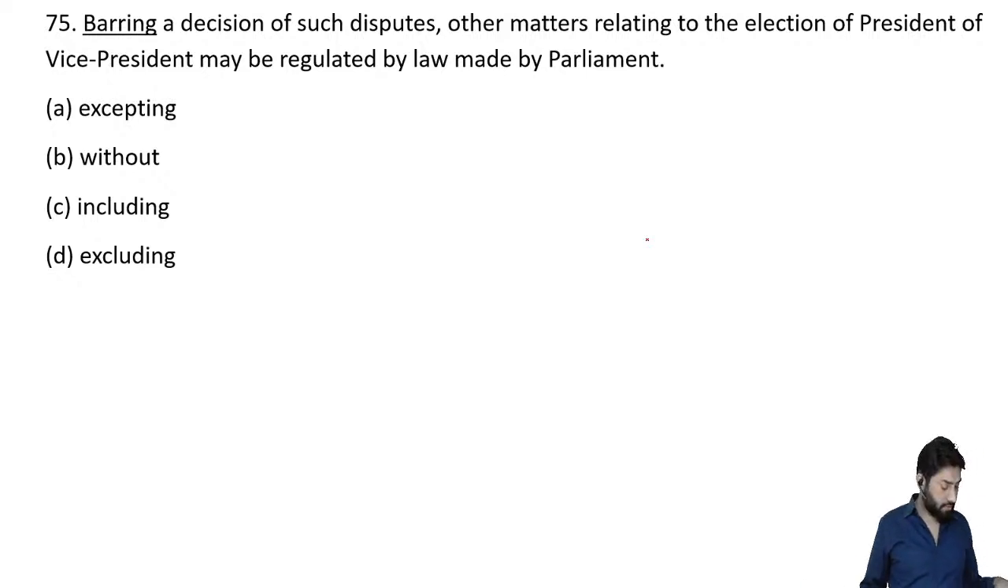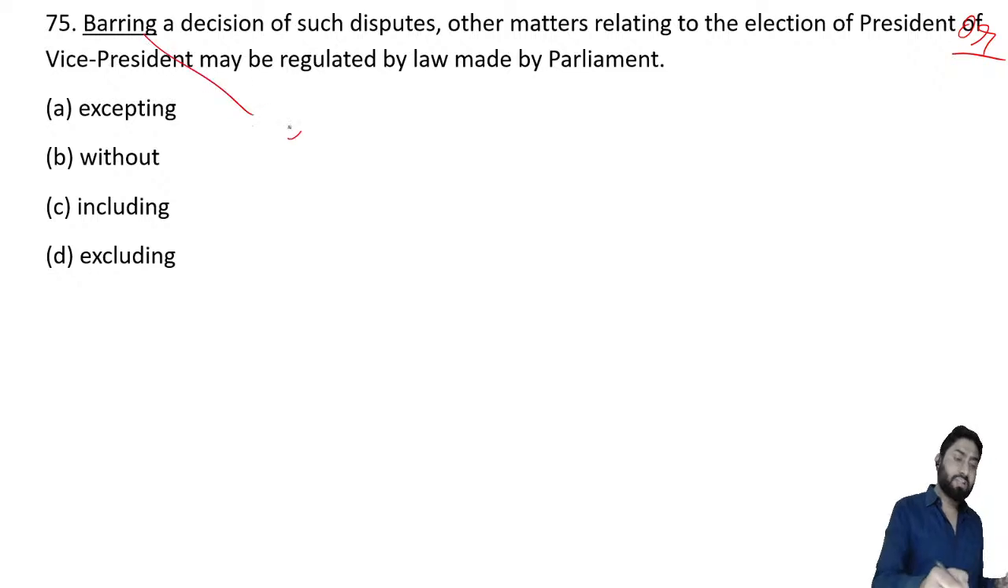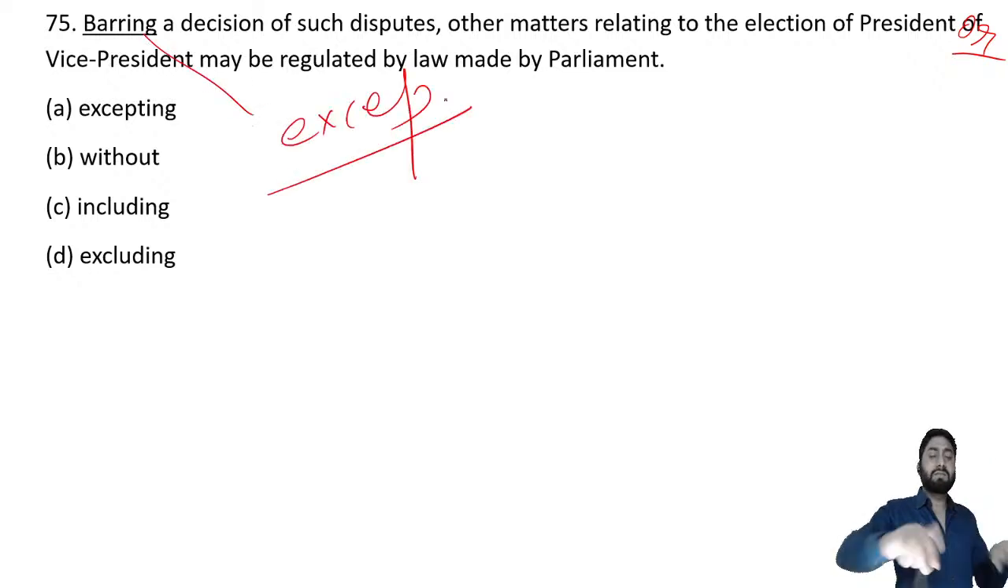नेक्स्ट, बारिंग अ डिसीजन, ये हमें जहां तक लगता है दिस आल्सो कुड बी द सेम। बारिंग अ डिसीजन ऑफ सच डिस्प्यूट, ऑप्शन सारे वही हैं, एक्सेप्टिंग, विदाउट, इंक्लूडिंग, एक्सक्लूडिंग, so yes, properly typed. So barring a decision, such disputes, other matters relating to the election of the president or vice president, यहाँ पे थोड़ी सी गलत टाइपिंग हुई है, may be regulated by law made by Parliament, राइट। सो बारिंग का मतलब ये होता है एक्सेप्टिंग, एक्सेप्ट मींस कीपिंग दैट समथिंग असाइड, दैट्स व्हाट इज।